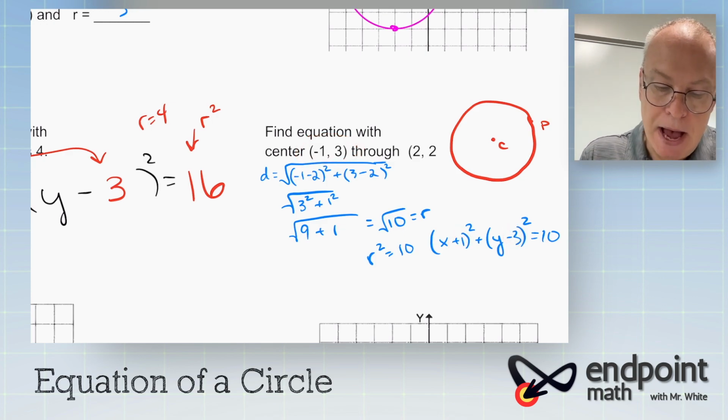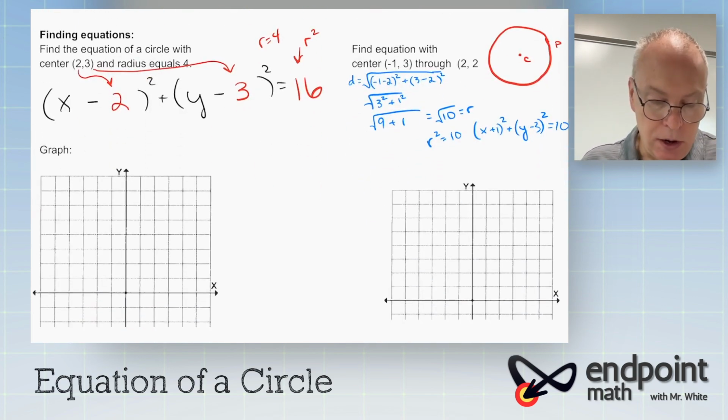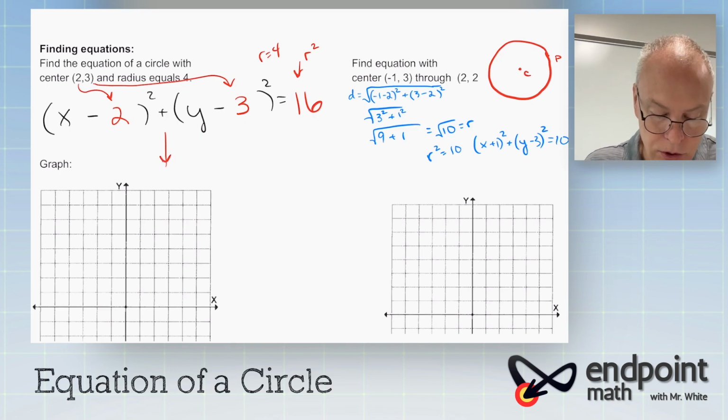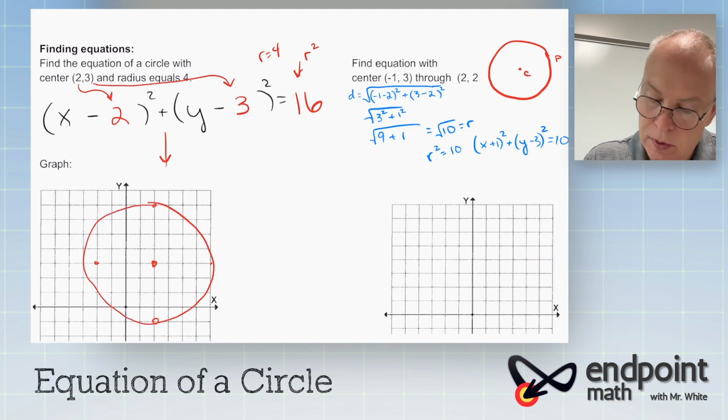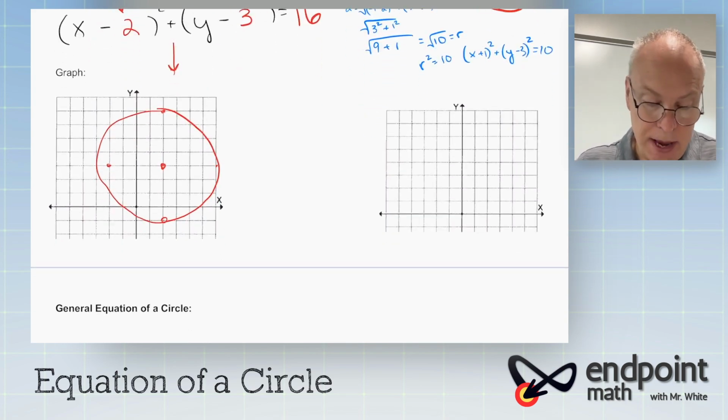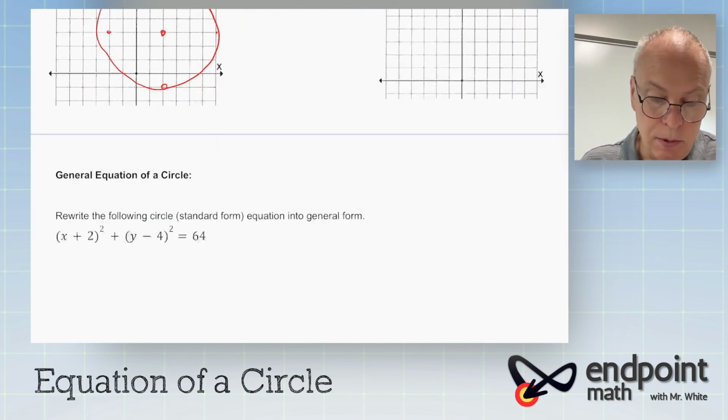All right, let's keep powering along here. We're going to graph the one from right up here. Right, so 2, 3. And the radius was 4. So we go in all directions here, just like this. And we get our graph there. Okay? All right, let's move to the second page of these notes because it gets a little bit more interesting